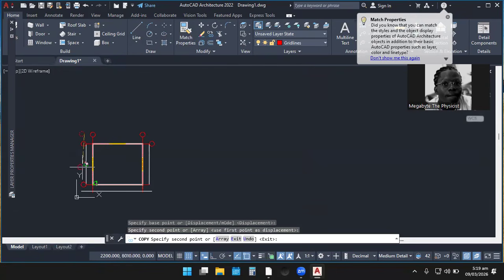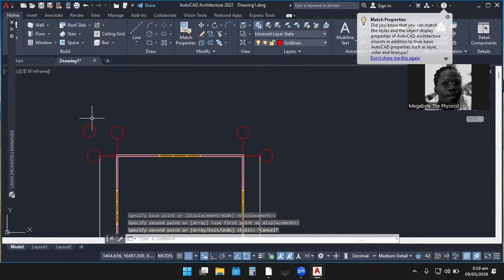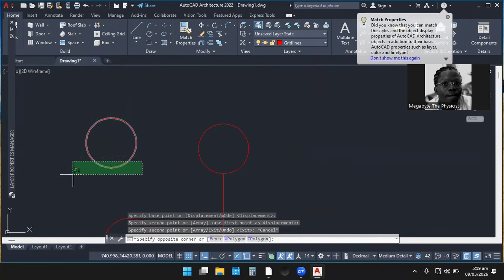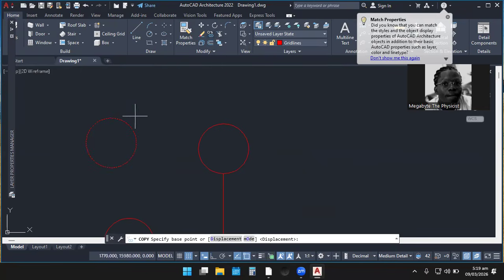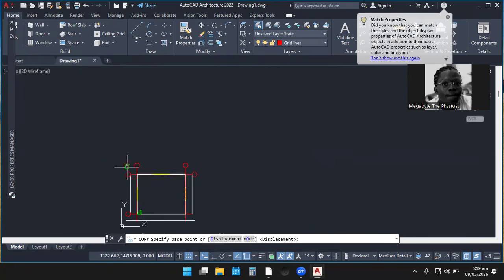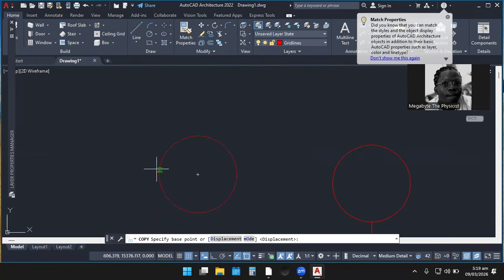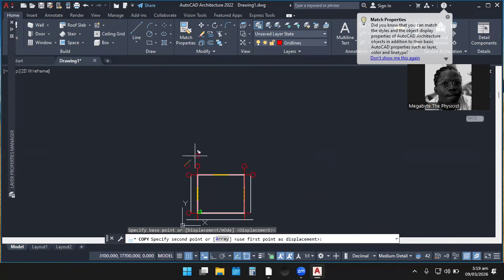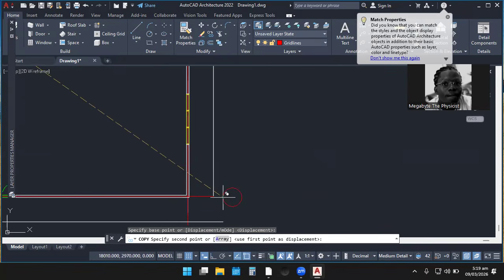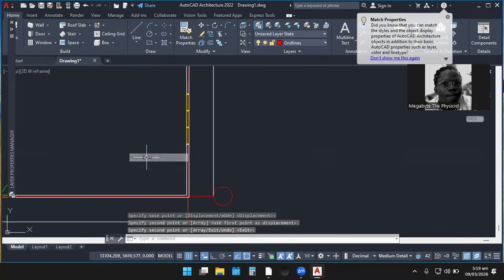That is it. You have to now press escape on the keyboard, and highlight it one last time again. Then I can copy. Now copy. So I can put this over here. Endpoint. So as simple as that. Enter. So I can now trim the unwanted parts.